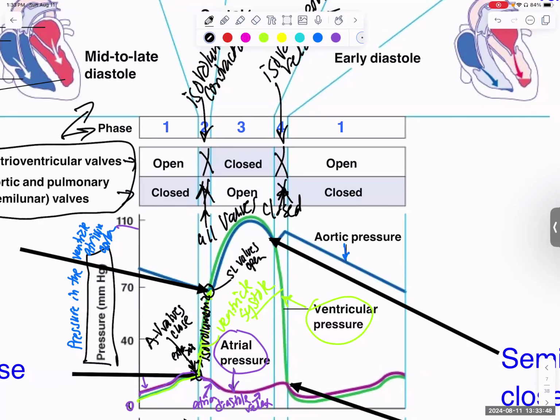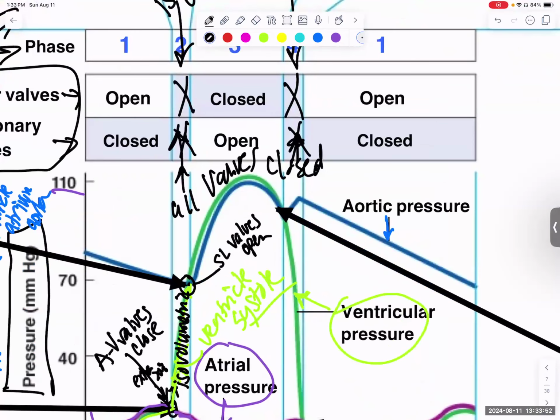This is the isovolumetric phase. But at that point right here, ventricular pressure is going to exceed aortic pressure. And so those semilunar valves are going to open. The heart's ventricular wall is contracting, ejecting the blood out into the aorta. So ventricular pressure has to stay higher than the aortic pressure, or the semilunar valve, the aortic valve, will close. But as the blood's getting ejected out, the pressure is going to drop because there's no more blood in the ventricle. And then here is where the semilunar valve closes